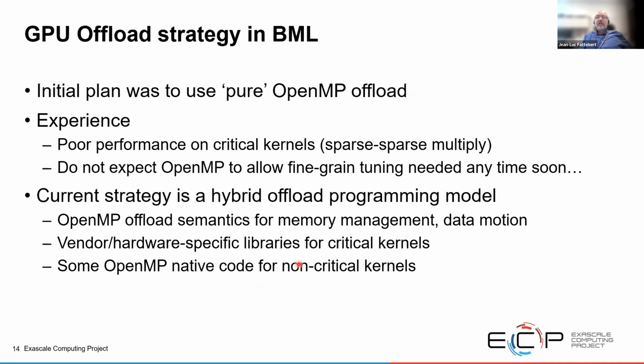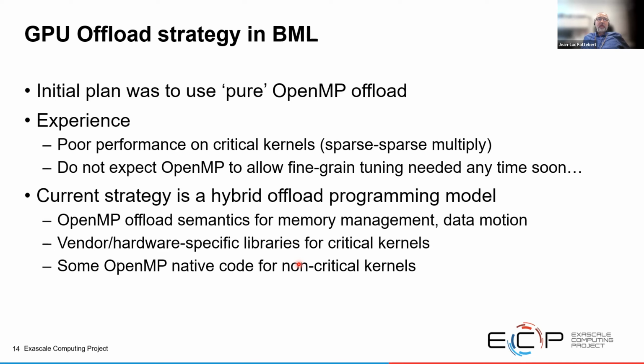Now, in practice, we found that OpenMP was not sufficient for us to achieve the performance we wanted. In particular, for some critical kernels, such as sparse matrix multiplication, simply adding pragmas like this was not giving us good performance at all. And as we did not expect to see performance change significantly in the near future, what we decided to go